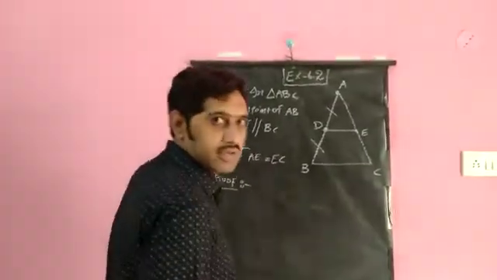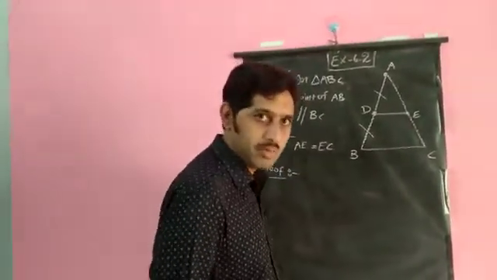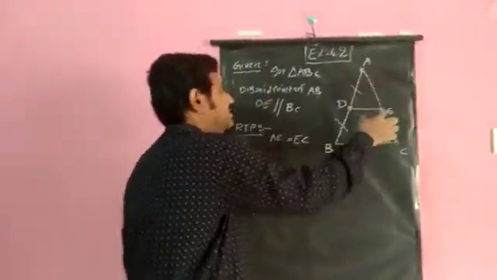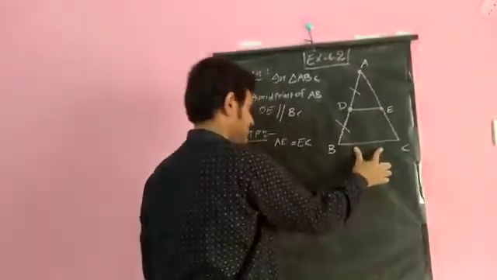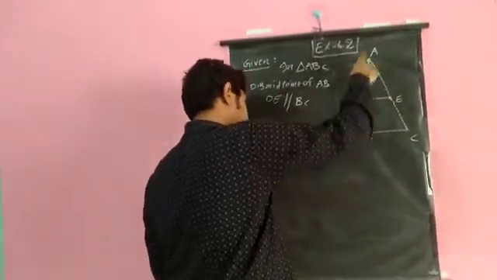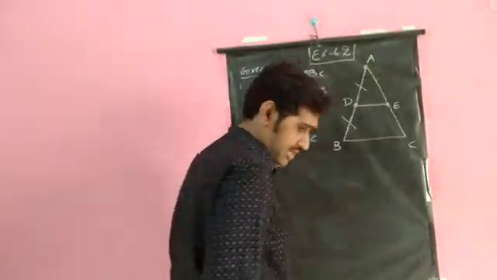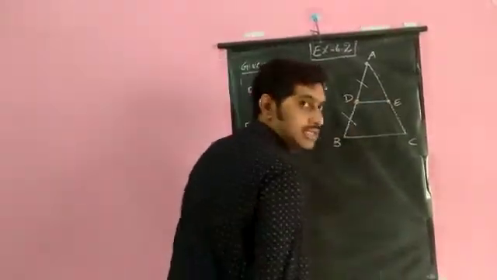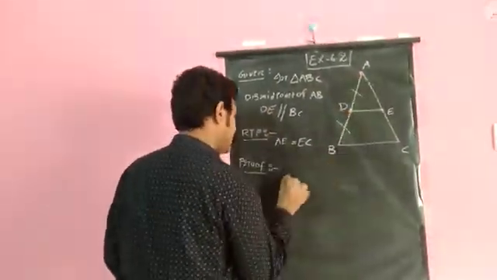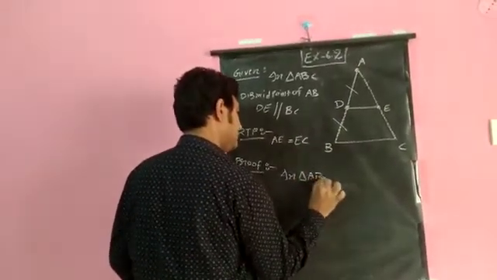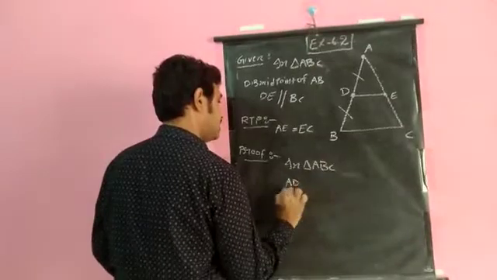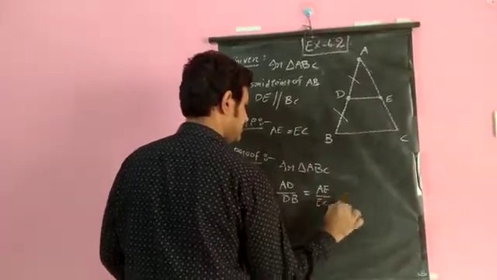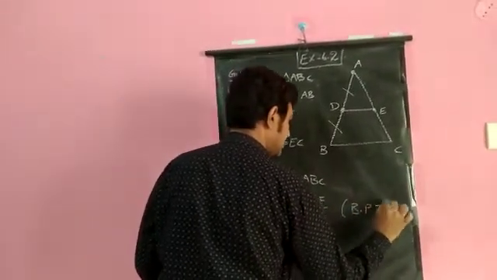In that proof, I think we can apply the basic proportionality theorem. We should be able to identify that. If you are able to identify it, it is okay. Otherwise, you need to work on that. So in triangle ABC, a line DE is drawn parallel to one side BC, intersecting the other two sides AB and AC, so it should divide them in the same ratio. This is the basic proportionality theorem. A line drawn parallel to one side of a triangle intersecting the other two sides divides them in the same ratio. That means AD by DB is equal to AE by EC, by using the basic proportionality theorem.